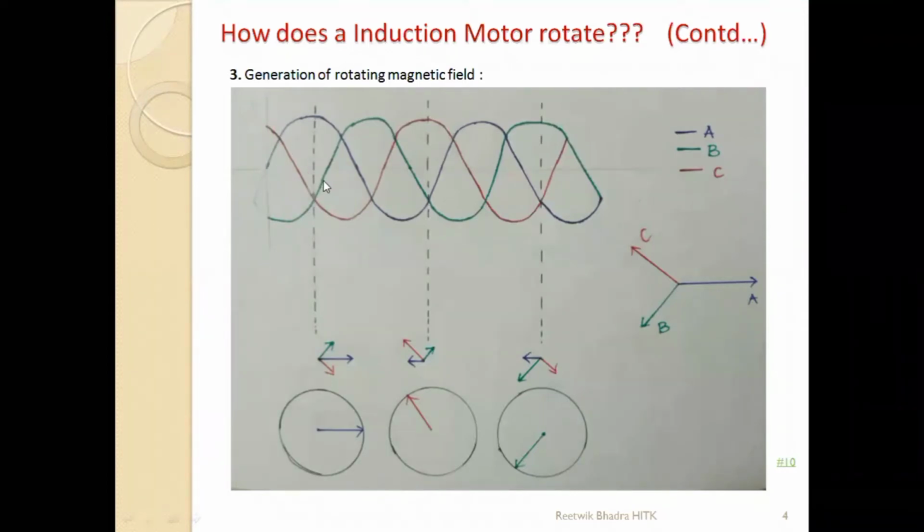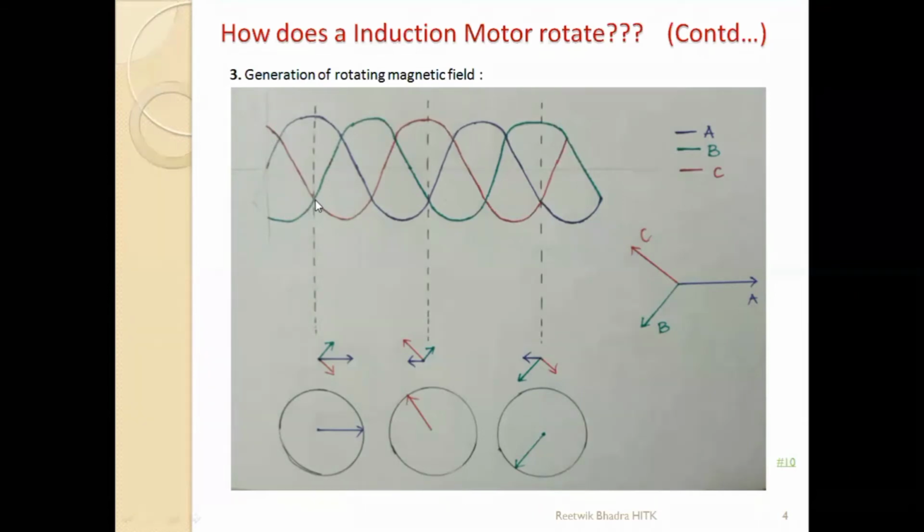Red is negative. Blue is positive. This is the positive blue. See the dotted line, where it is intersecting your blue, green and red waveform. See, blue is positive half cycle, then blue will be positive only. See this dotted line over here.